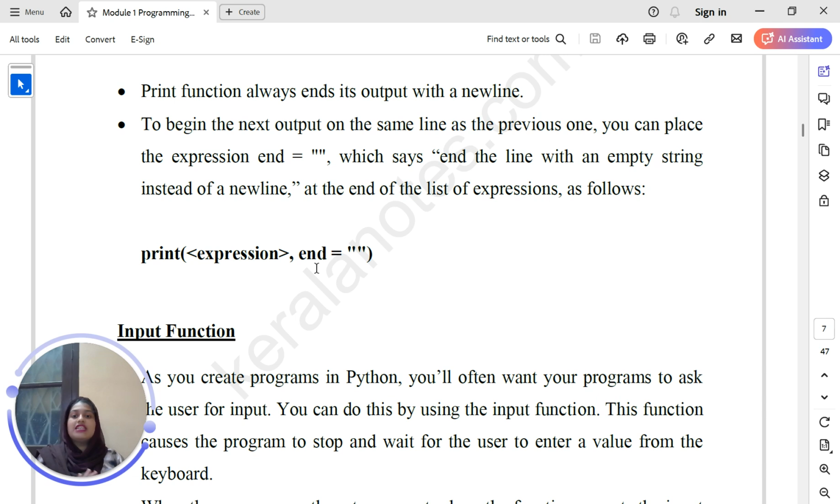So print expression, end equal to double quotes. What does end equal to an empty string mean? It means we don't go to the new line; we just end the line with an empty string.